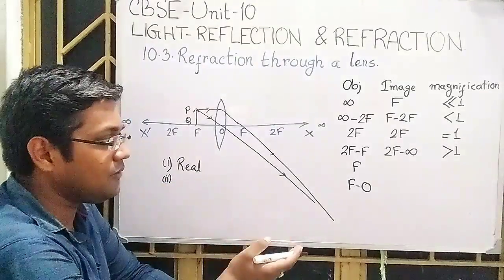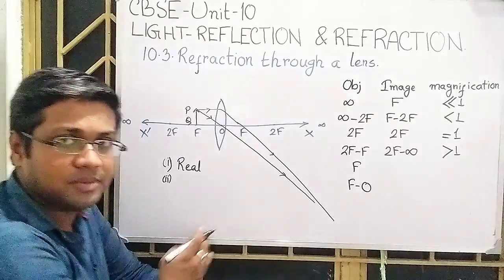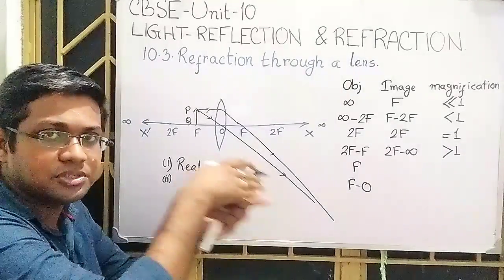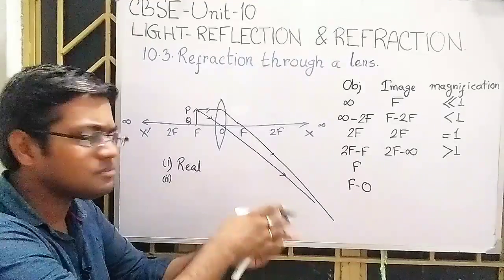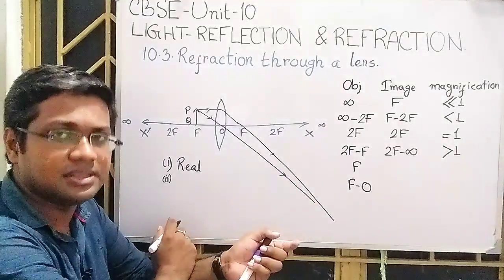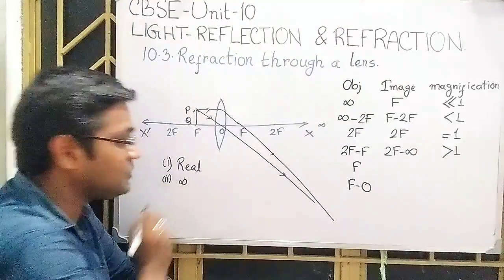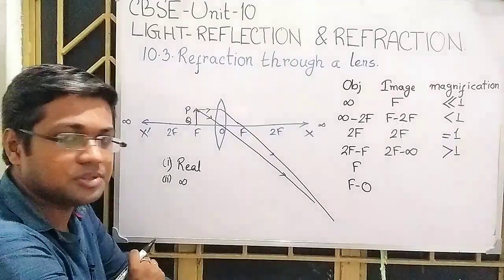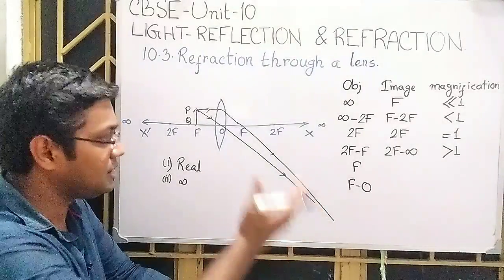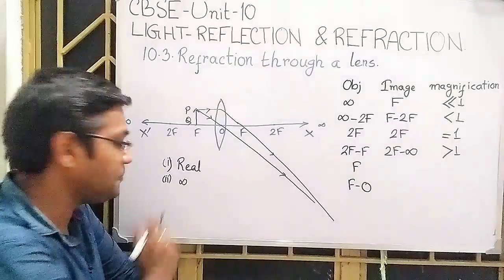Number 2, if I am looking at where the image will be obtained, the rays will be converging, approaching towards each other, but where they will meet is at a large distance from the lens. So you can say the image will be obtained at infinity. The image will be obtained somewhere at a large distance from the lens, which we refer to as infinity.